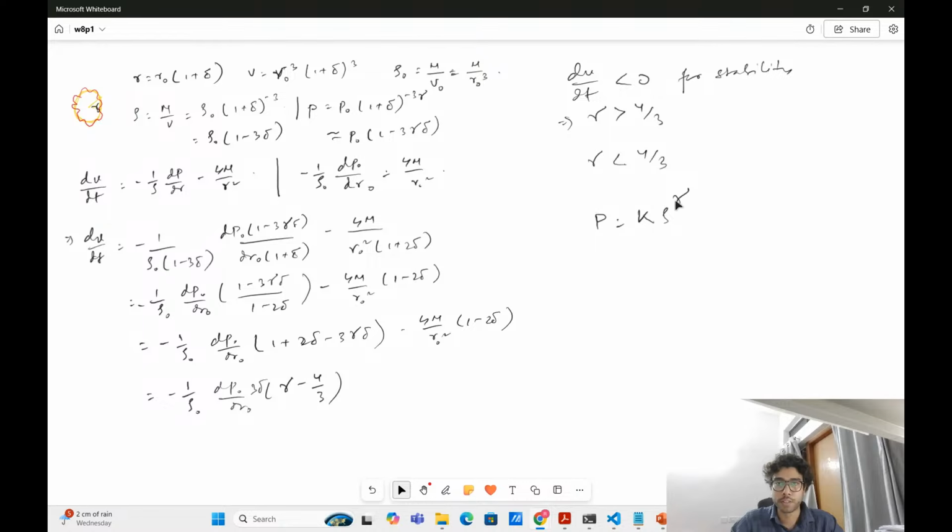Whereas if this gamma is small, the pressure will not be able to act very effectively to counterbalance the gravity, and therefore the gravity will dominate and it will cause this instability. Right. So that is the explanation. Now, what kind of gases have this gamma equal to 4 by 3? So if you remember